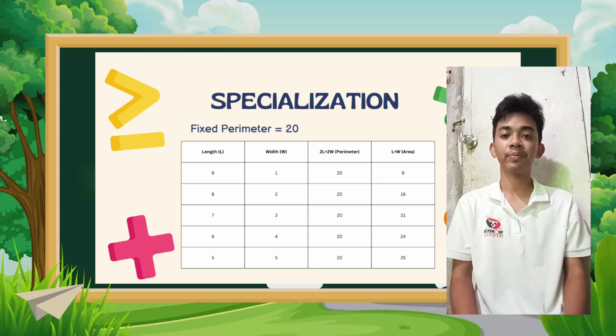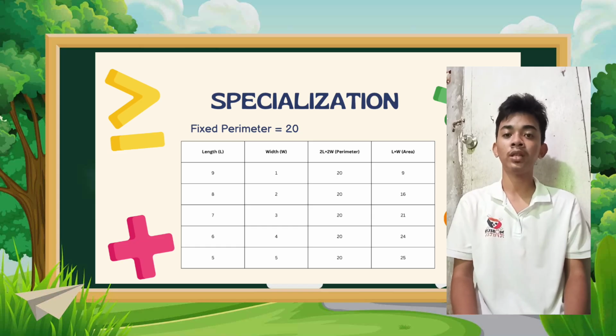In this part, we examine specific examples by keeping the perimeter fixed at 20 units. We list different pairs of length, which are 9, 8, 7, 6, and 5, and width, which are 1, 2, 3, 4, and 5. Compute the perimeter using the formula 2 length plus 2 width, and calculate the area using length